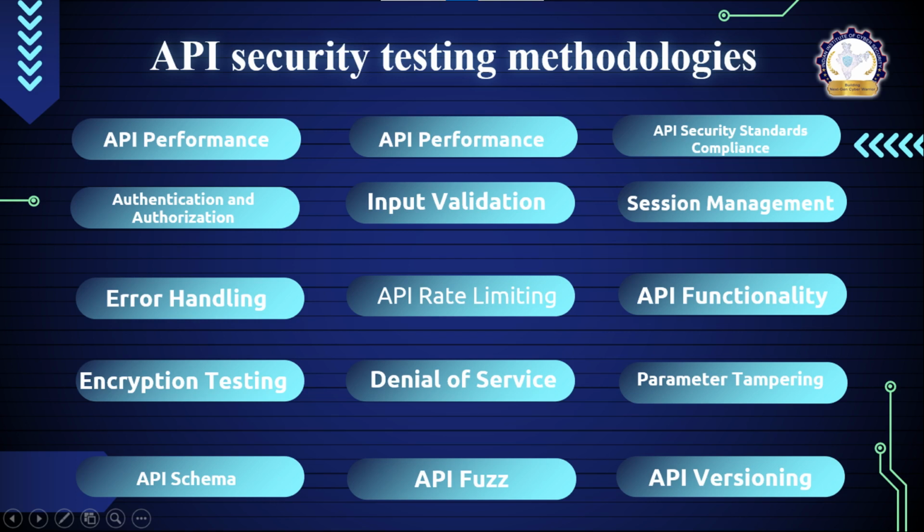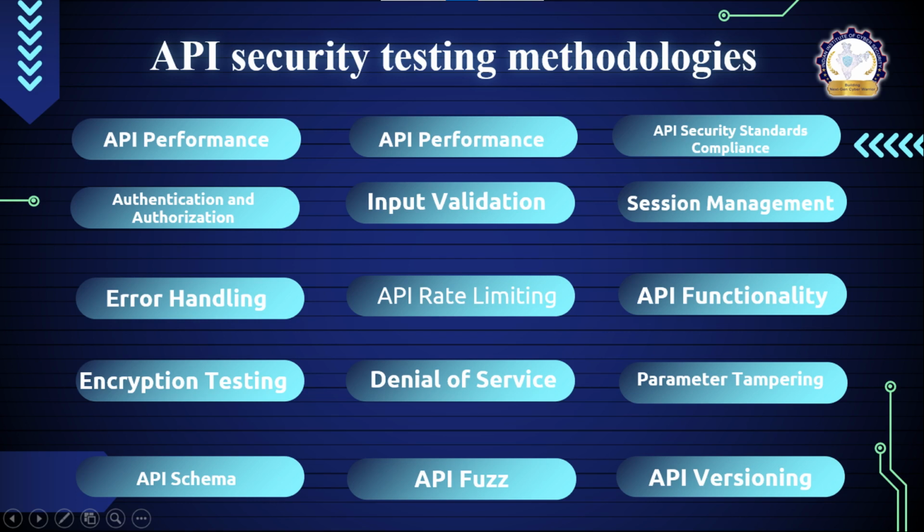The main objective of this testing is to identify any vulnerabilities or weaknesses in the error handling mechanism that could be exploited by attackers to gain unauthorized access to sensitive data or system resources. During error handling testing, testers simulate various error scenarios to ensure that the API responds appropriately and returns accurate error messages. Testers may also attempt to input invalid data and manipulate input values to trigger errors and test how the